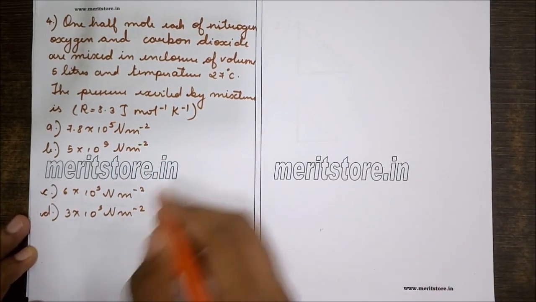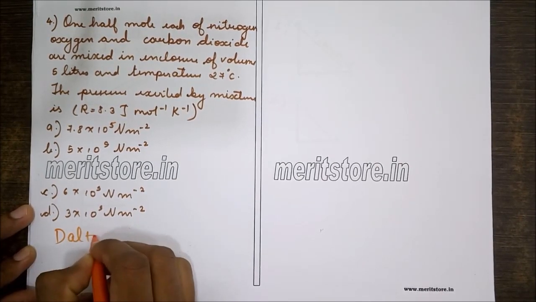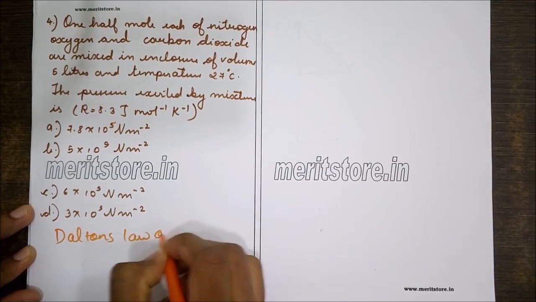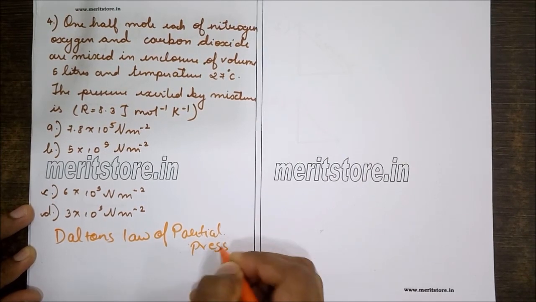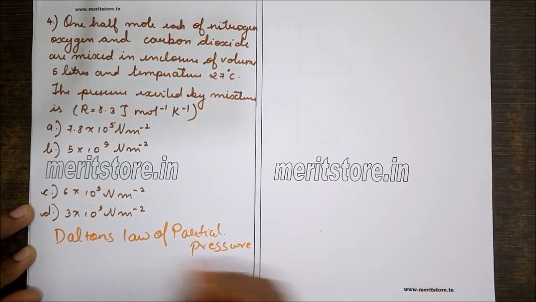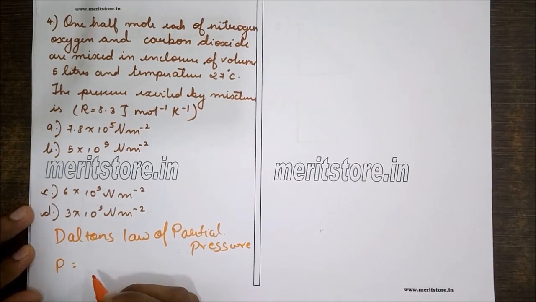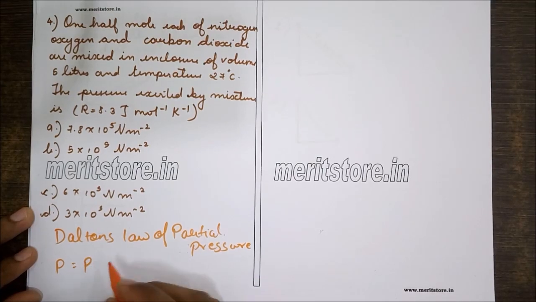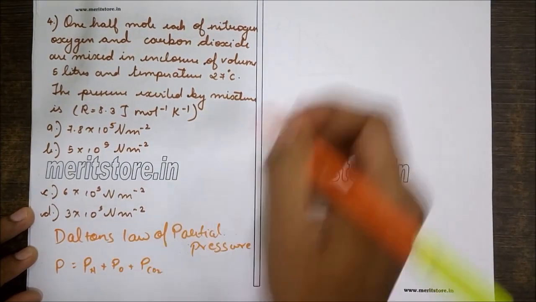So now, in order to solve this sum, we need to know Dalton's law of partial pressures. So this law basically says that the pressure exerted by the mixture is equal to the sum of the pressures exerted by the individual constituents. So total pressure would be pressure exerted by nitrogen plus pressure exerted by oxygen plus pressure exerted by carbon dioxide. So therefore,